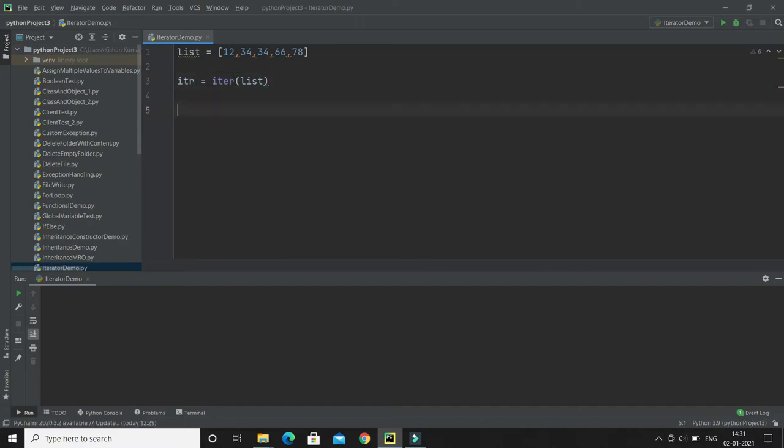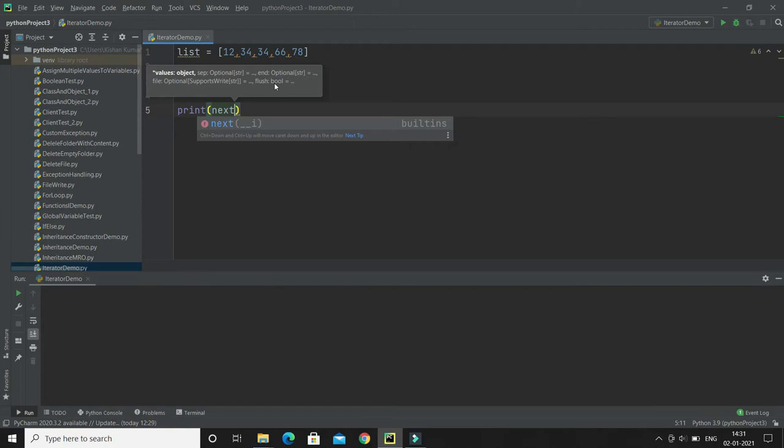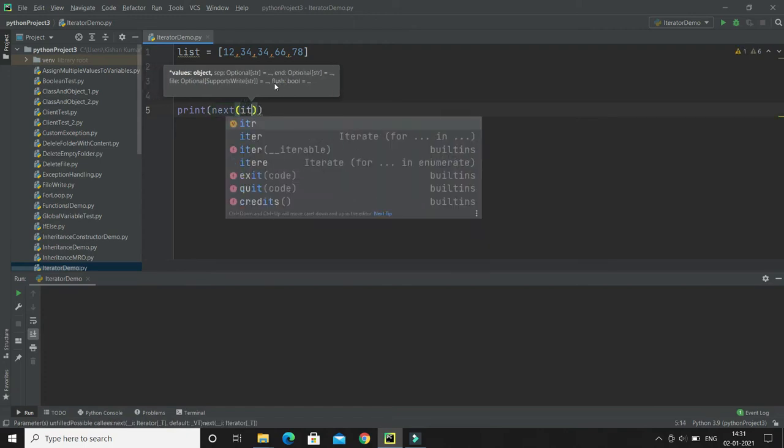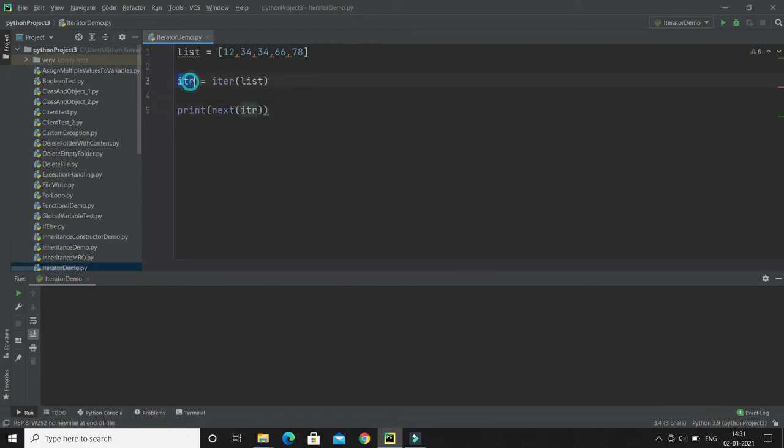Now we can make use of this iter. The second method in an iterator is the next method. If I call the next method and pass the iter object, and when I execute, this will print the first object. Now if I call the next method by passing iter again, it will print the second value. Similarly, you can print many times.